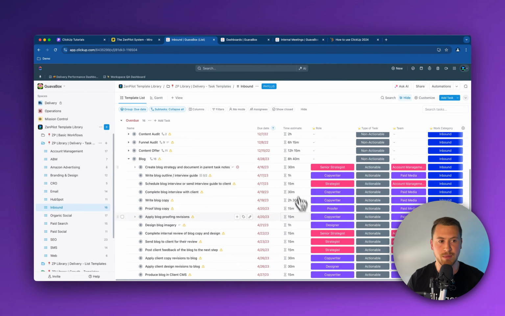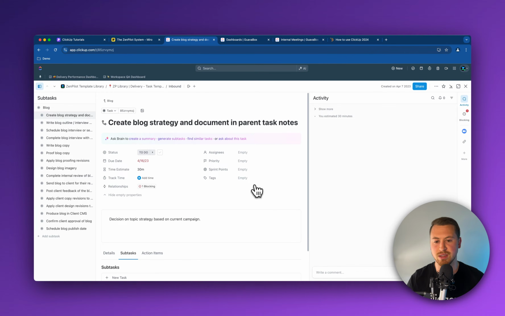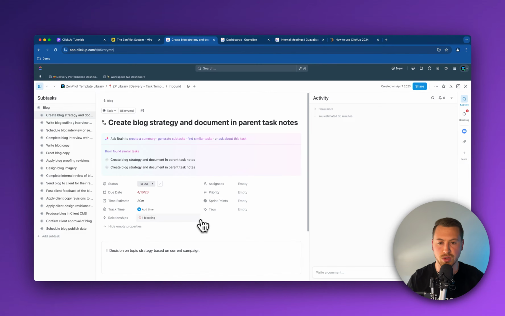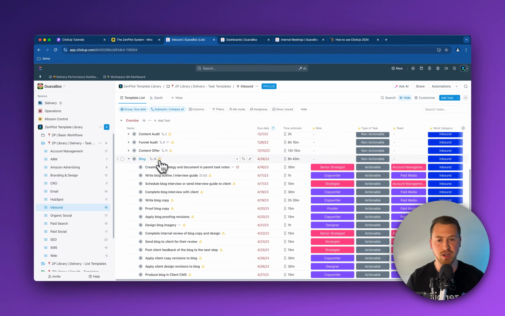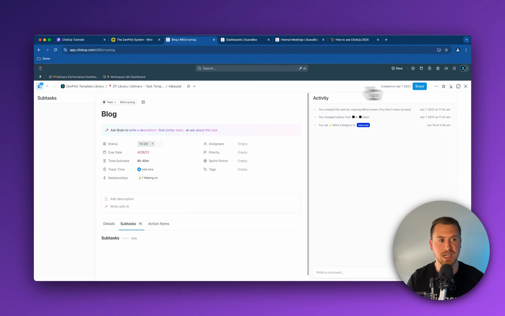Make sure you have due dates, time estimates, and any other custom fields you would need for filtering and data purposes. Another tip is to use the task descriptions to link out to your standard operating procedures and any sort of process documentation, to really systematize the business. But after you're done with all those, we need to actually save this